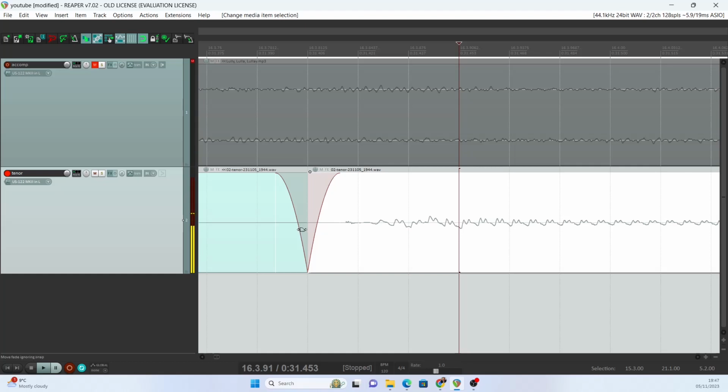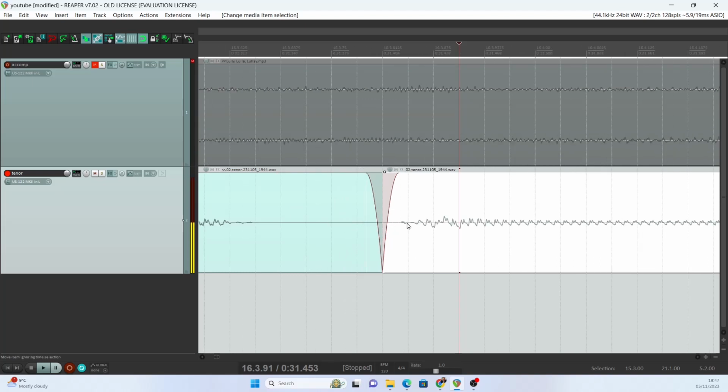Now automatically you can see here that the sound will dip to 0, so it's going to sound a little bit artificial if there's anything actually happening there. If there's silence you might be alright, but if there's anything happening then you'll just feel this little click and you'll hear it. We can fix that later, but for the time being